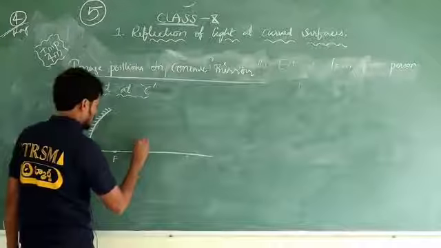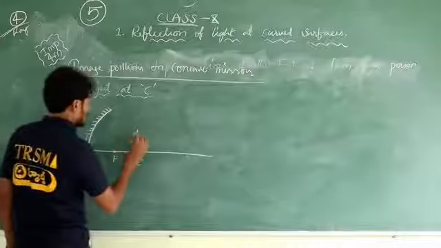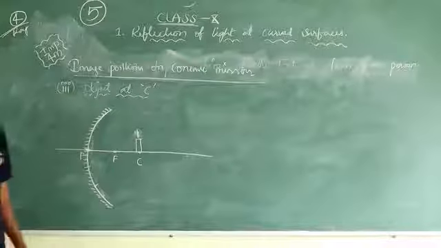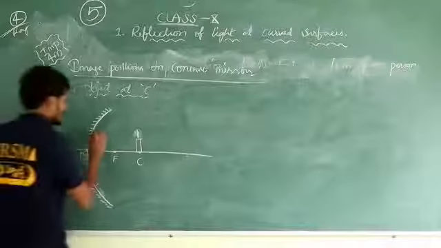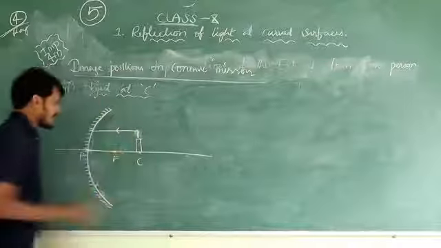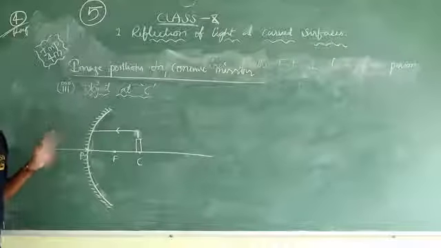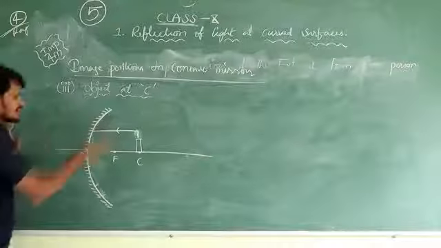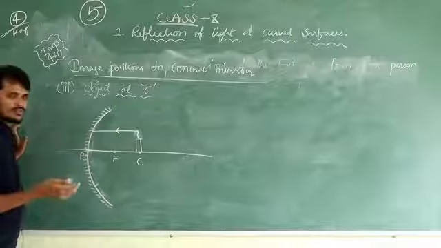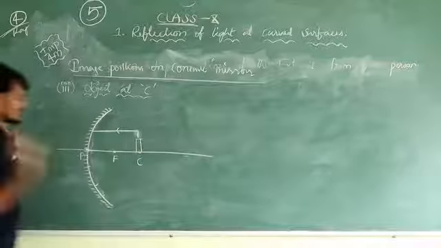Now place the object at C. Same, take any two ray diagrams to show the image position. So I am placing the object at C. Now I consider one incident ray as parallel to the principal axis. I always take the first incident ray parallel to the principal axis. It's my habit, and maybe it's comfortable for us while drawing ray diagrams for showing image positions. The first ray is parallel to the principal axis. This is a tip, just keep it in your brain.